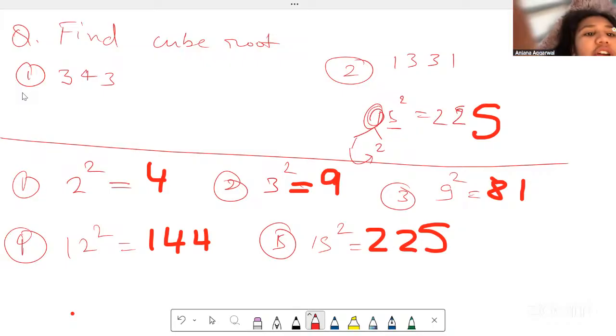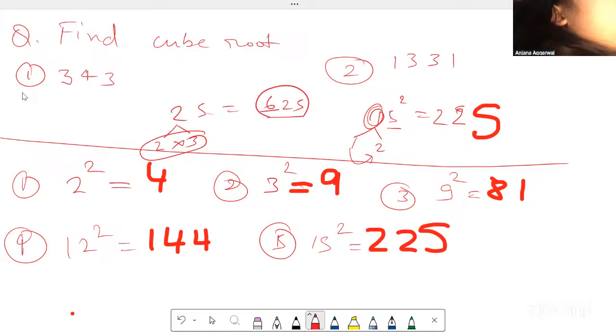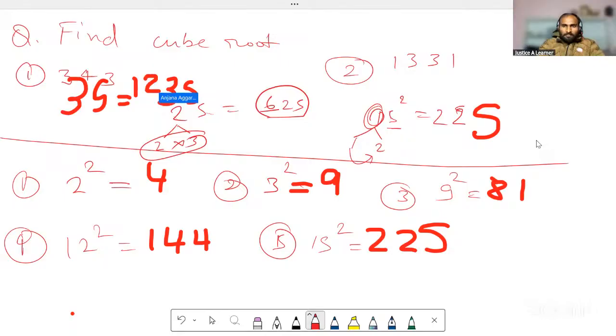How would you figure out 25 squared? We'll write 25 at the end, and here we will go with the 2, and what is the next number? 3. So 2 multiplied by 3 is equal to what? 6. So that means 35 squared would equal 1225.